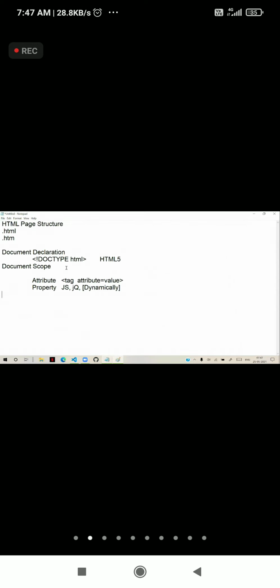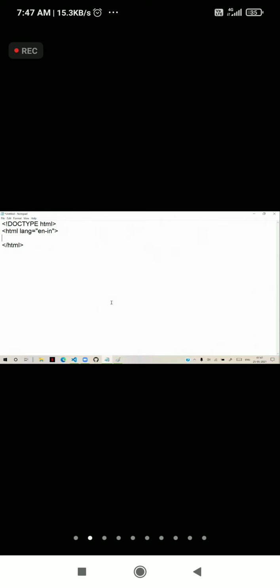Another one is document scope. So document declaration, doctype HTML, and document scope, HTML. In document scope, one important attribute is language, which language you are using, that's what we have to define. This is at high level. We have two areas, declaration and the scope.